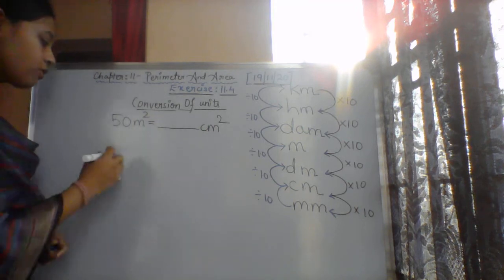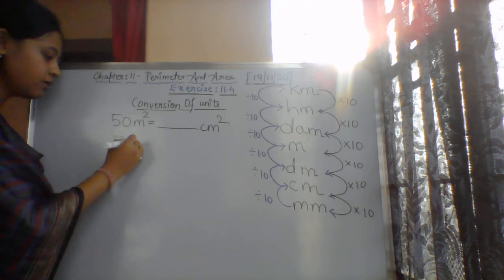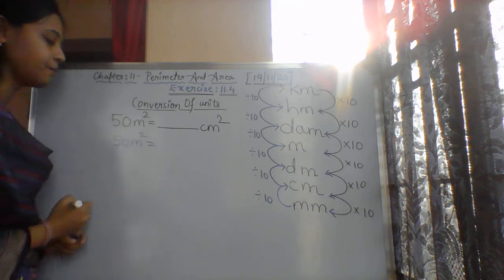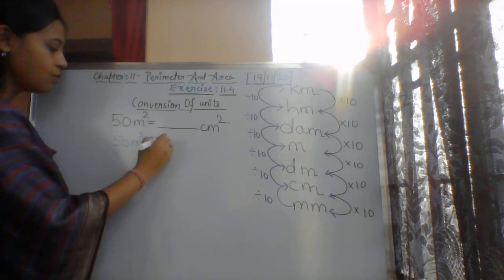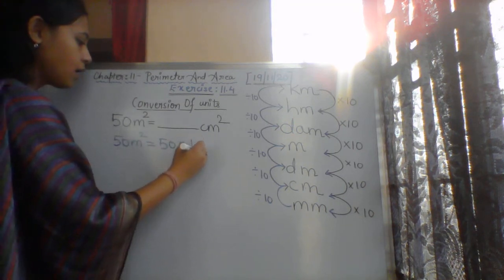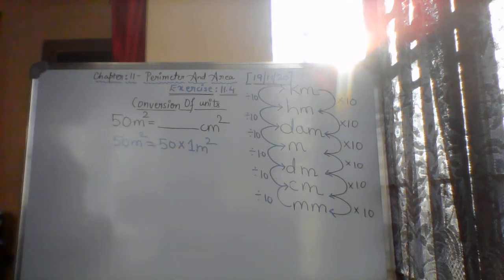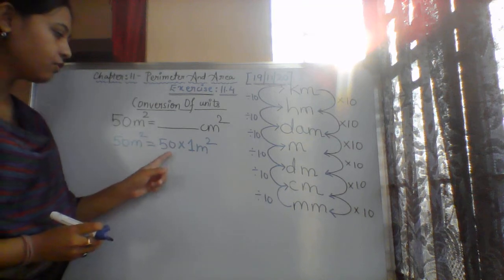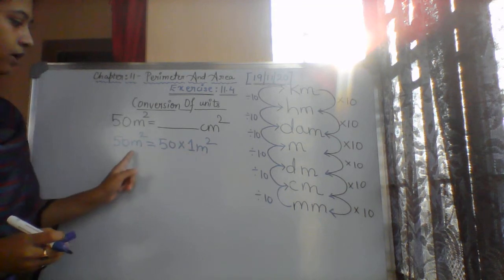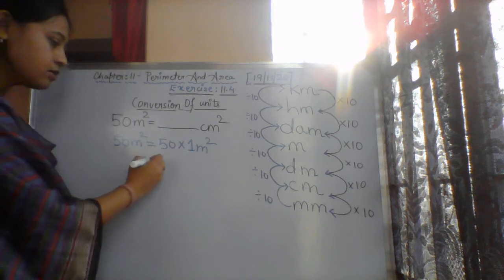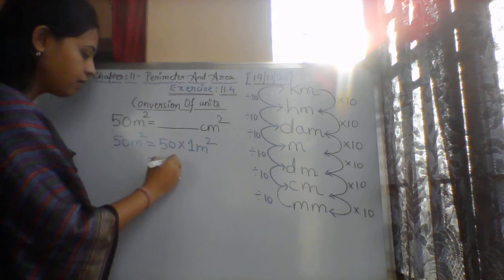Same way, I can write 50 meter square as 50 into 1 meter square. 50 ones are 50 meter square, so equals to 50 multiplied by